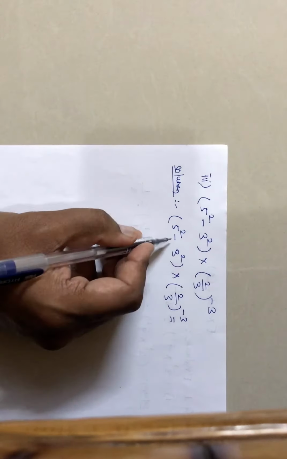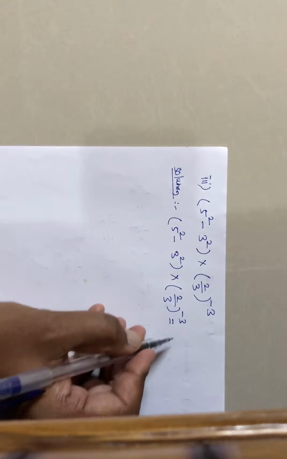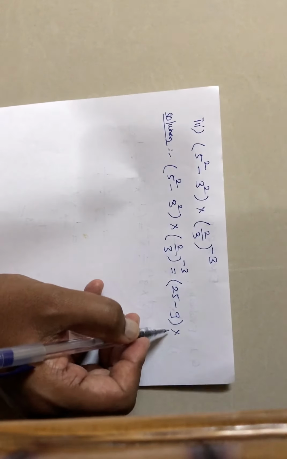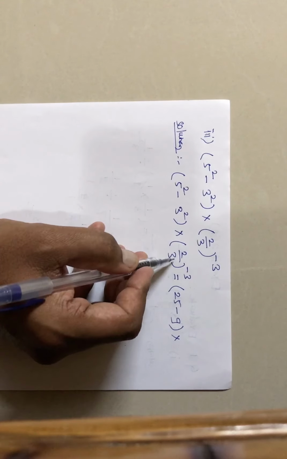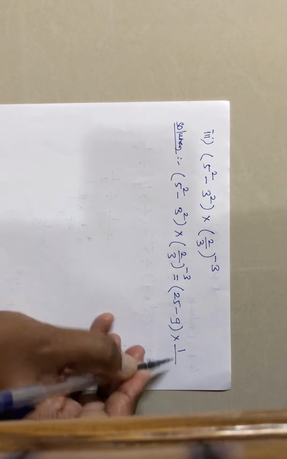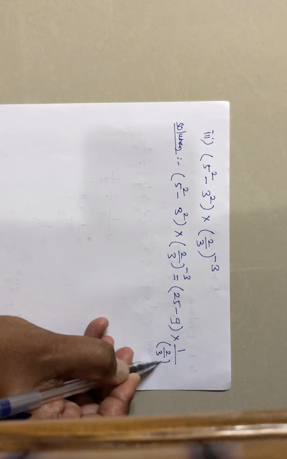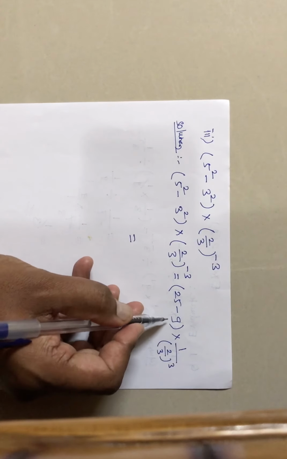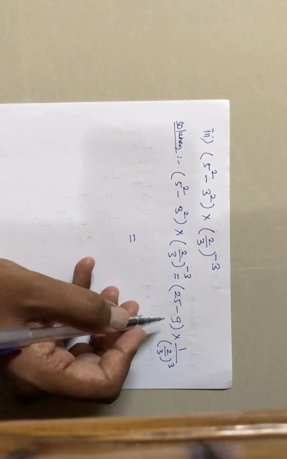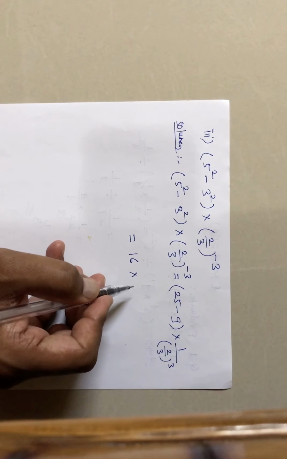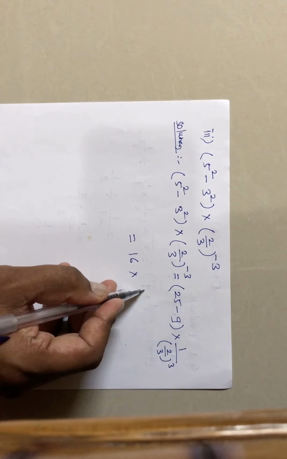Which is equal to 5 square, 25, minus 3 square, 9, multiplied by, we'll take the reciprocal, so it is 1 upon 2 upon 3 raised to the power 3, which is equal to 25 minus 9, 16, multiplied by 1 upon